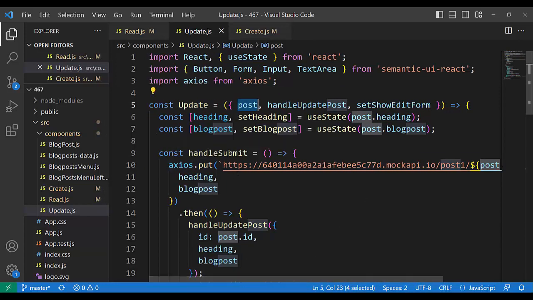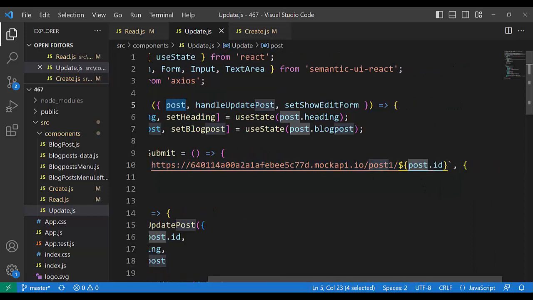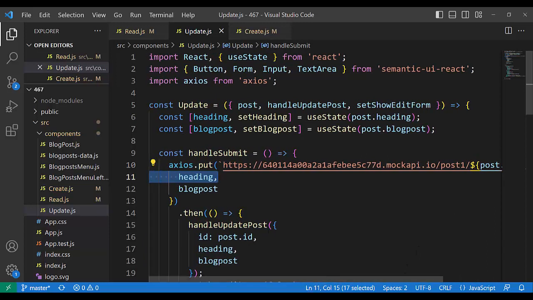By the way, handle submit is a closed function. We have a closure here. Handle submit is a closure. It is an inner function of the update function, and that inner function has access to post. Because there is access, handle submit uses that post.id here in the address. And the second parameter is an object in curly brackets, and that object has two properties, heading and blog post. Those two properties go to the server,